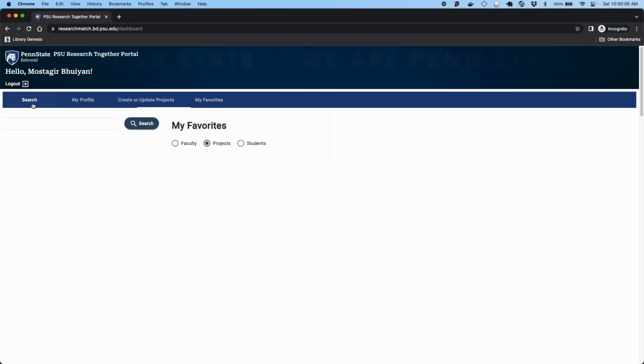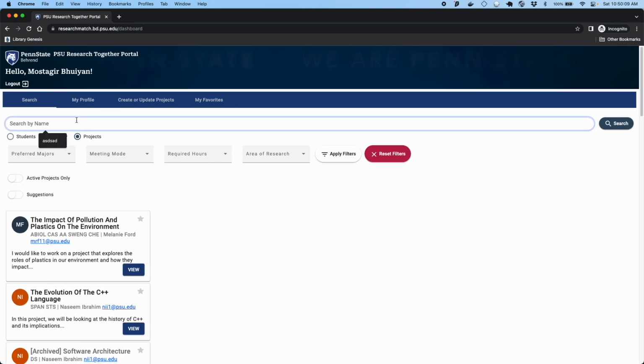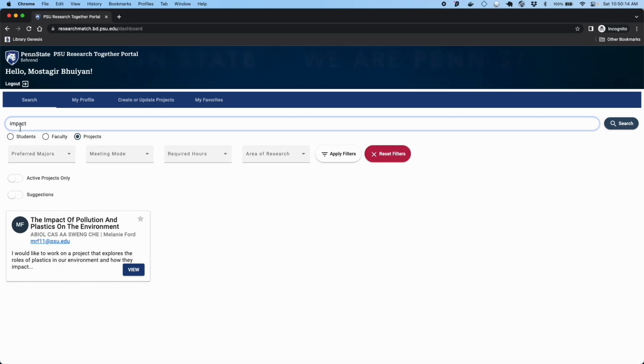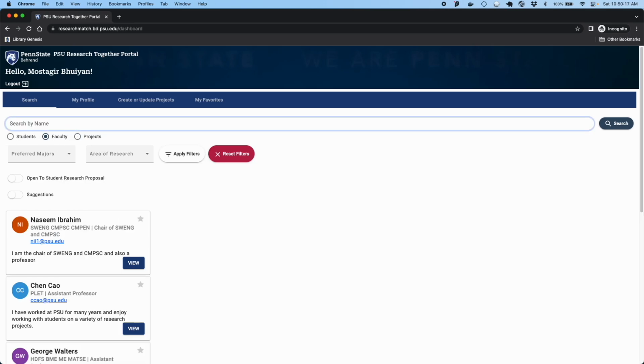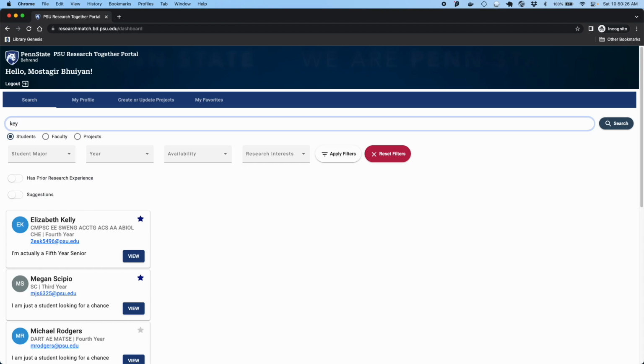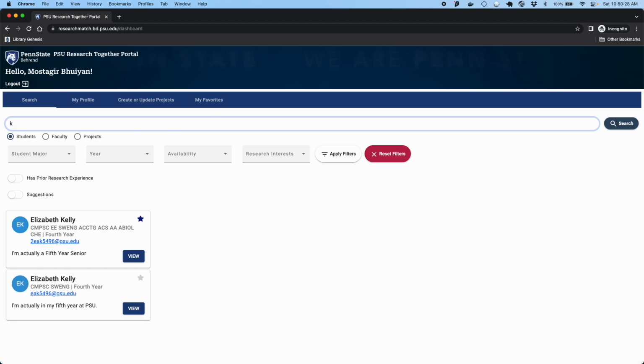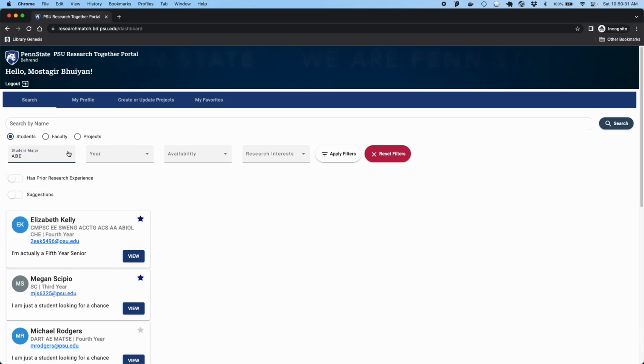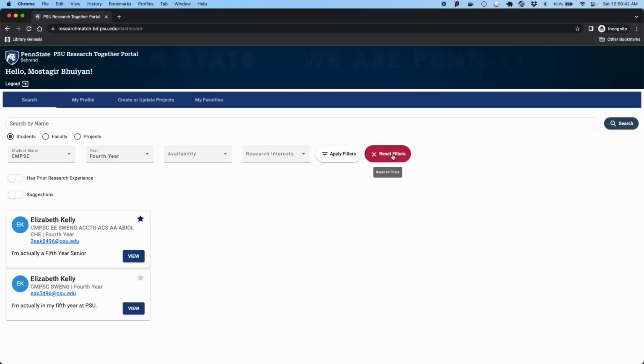The search page is what it shows on there. I can search by name of a project or a faculty member, and this is very flexible. You don't have to worry about your spelling, partial matches, last name, or first name. This should work either way. You have your filters right here that should return a very granular list and return exactly the people that you're trying to find. You can reset the filters, and you can reset the filters individually.